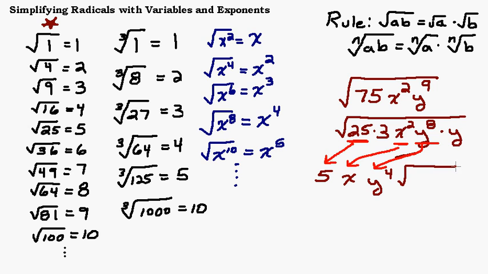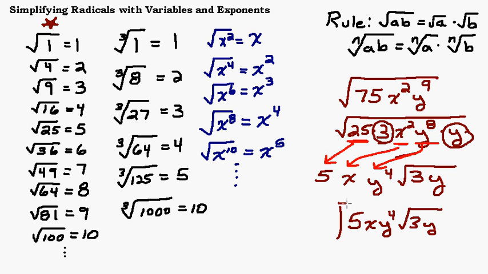And then what do I have left in the square root? Well, I got this 3 here. He's still underneath there, so I got to bring him down. And I still have this y. Those are the two guys that are left inside because they weren't perfect squares, so they had to stay inside. So there's your final answer. 5x y to the 4th times the square root